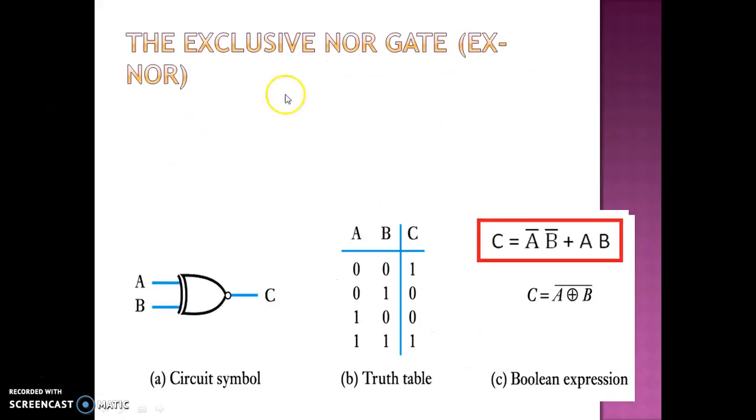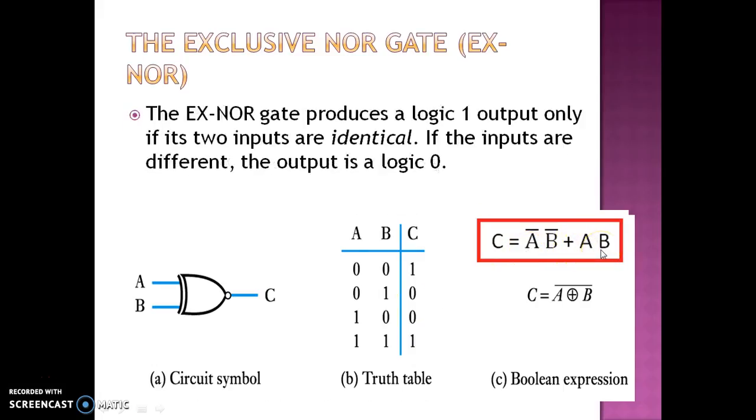The exclusive NOR gate. If you see the truth table, when both the inputs are 0, the output is 1. If both the inputs are 1, the output is 1. If it is odd, like if one is 0 and another one is 1, the output is 0. So if you see the Boolean expression, C is equal to A bar B bar plus A into B. The XNOR gate produces a logic 1 output only if its two inputs are identical. If the inputs are